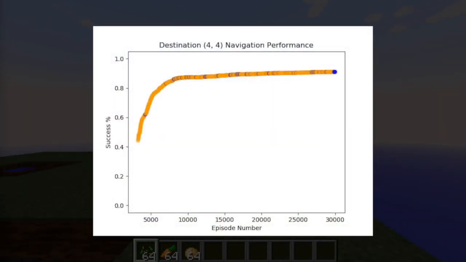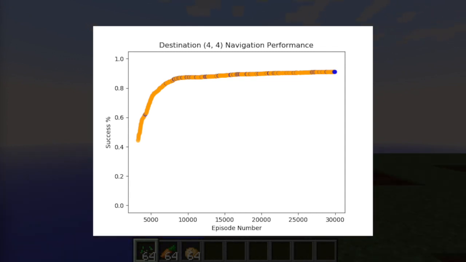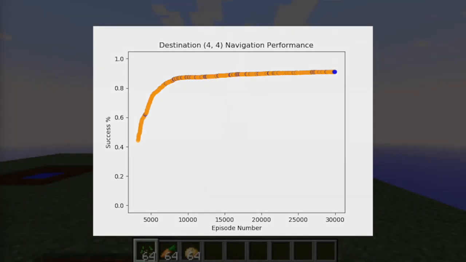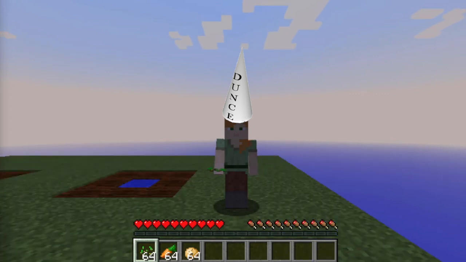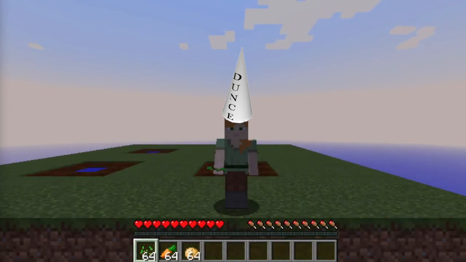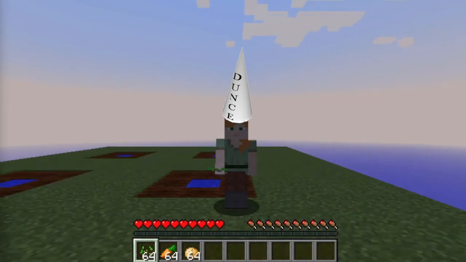Here we can see the graph of the success of the agent for the destination 4-4 throughout the training. By seeing this, it is obvious that the agent is learning. However, it does appear that the agent has a difficult time navigating to any plots with an x-coordinate value of